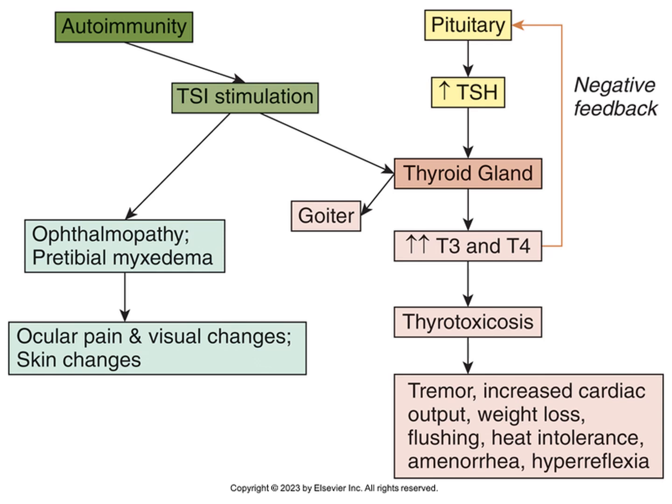This hormone excess causes thyrotoxicosis, producing symptoms such as tremors, weight loss, flushing, increased heart rate, heat intolerance, amenorrhea, and heightened reflexes. In parallel, TSIs also contribute to ophthalmopathy and pretibial myxedema, leading to eye pain, visual disturbances, and characteristic skin changes. Normally, elevated thyroid hormone would suppress TSH via negative feedback, but in Graves' disease, this mechanism is overridden